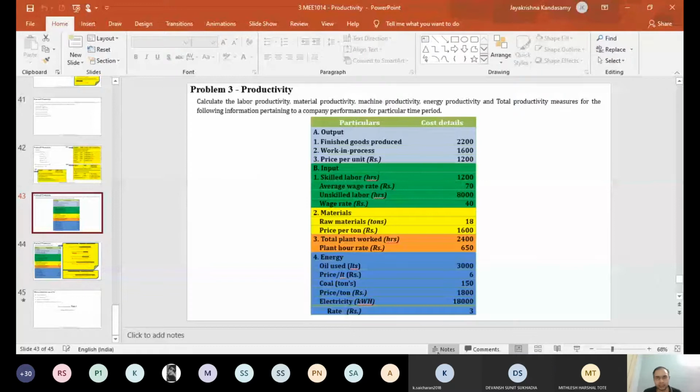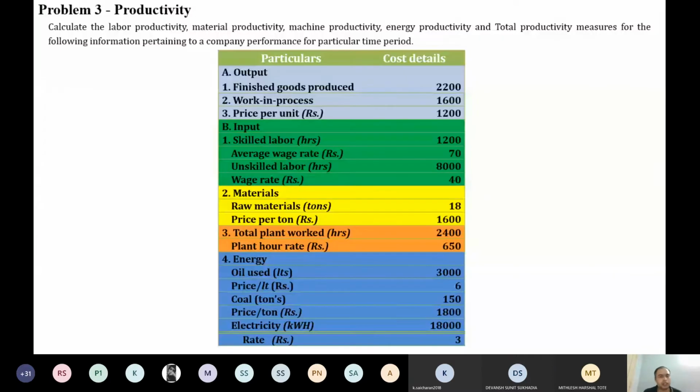In the last class, today I thought of starting the third module. But before that, I thought of teaching you one more problem in productivity, just as a revision of what we learned in the last class. So just look at the slide. It's just basic understanding. Let's first listen to the discussion. Then, if you have any doubt, we can start. I think it started recording.